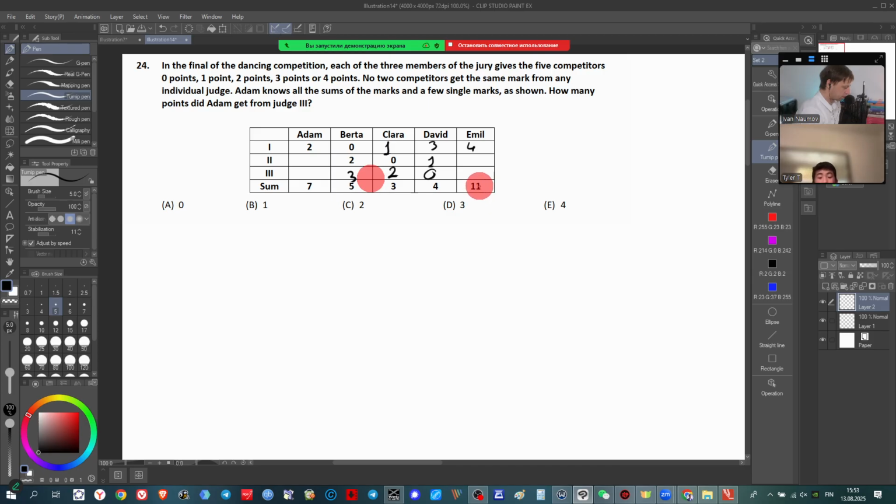Either 3 or 4. Okay, 3 or 4. Well, it's 3, 4 here or 4, 3 here. Why 3, 4? Because judge 3 already gave 3 to Berta. Great, perfect. So this one is finished, and now I think that as we know almost all the table,